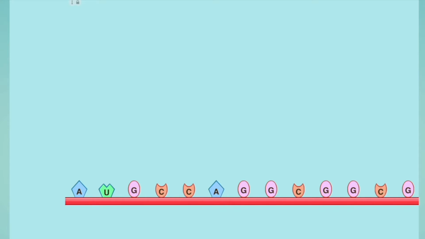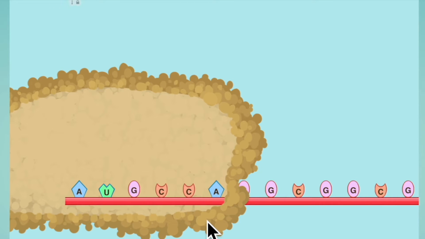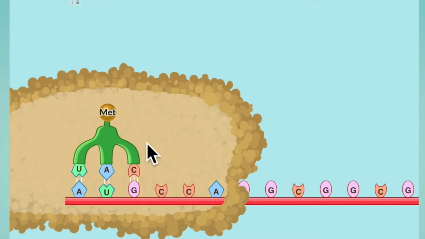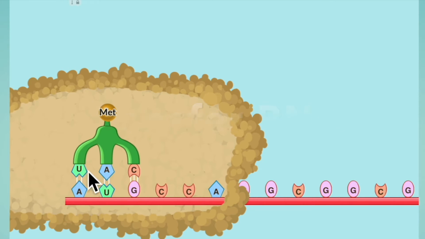It's going to recruit one small subunit of the ribosome. So here, this is our small subunit, and this is our large subunit. And another RNA called tRNA, which is transfer RNA, is going to bring in the first amino acid into our ribosome. So this is actually not the most accurate animation.